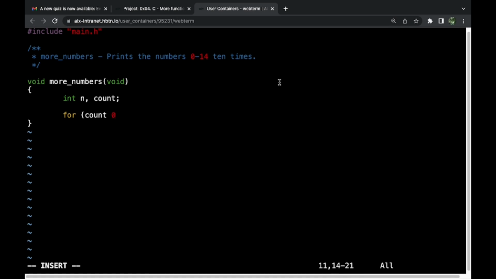Count is the number of lines of numbers from 0 to 14. The first line is set to 0, and while it is less,